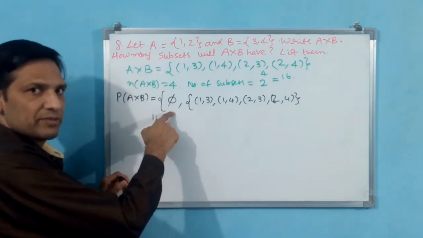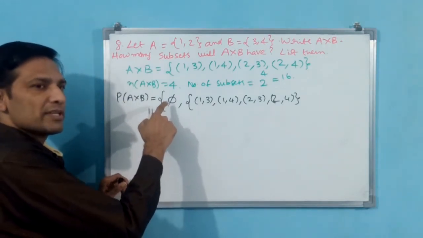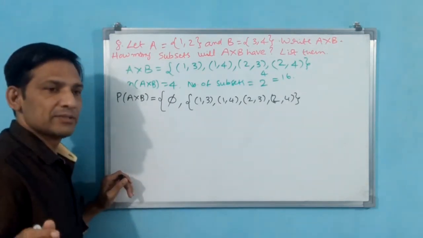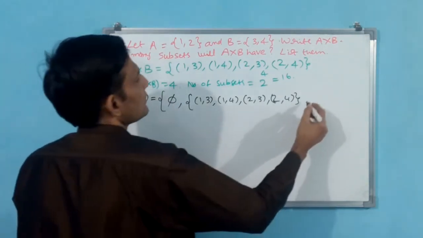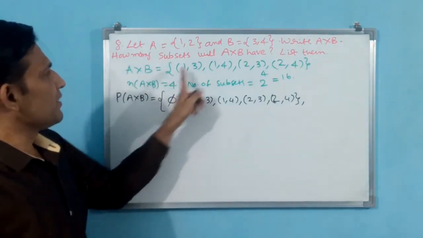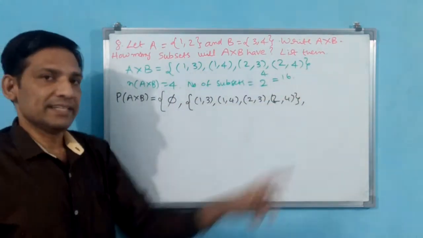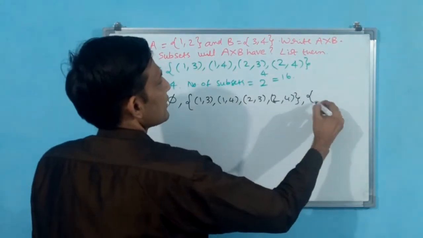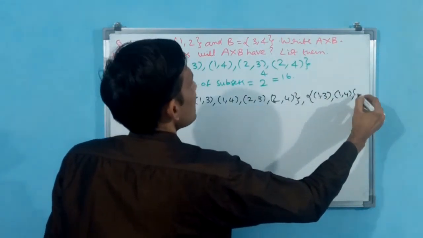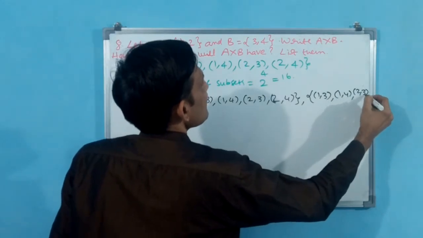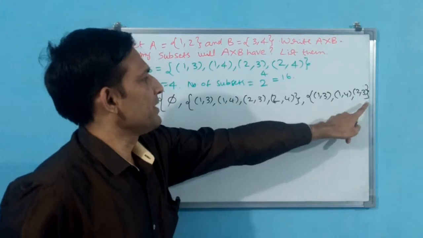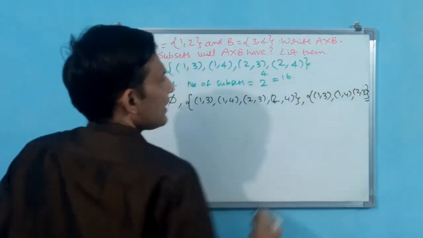Phi only, braces will not come. If you want to give braces, empty braces you have to keep rather than phi. You know very well. That is why I asked you to watch my sets chapter also. Okay. Empty set, full set over. Now we take 3 sets. That means say 1 3 comma 1 4 comma 2 3. Okay. Close braces also, and you put one comma also.